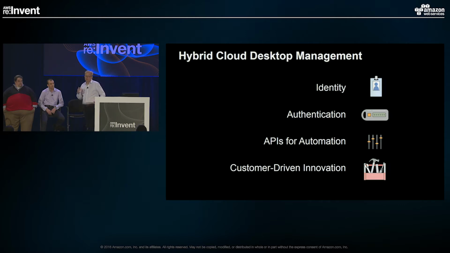In addition to that, we wanted to use your existing mechanisms for authentication. So if you're using Radius for multi-factor authentication to add an extra layer of security for access, we support that as part of Amazon Workspaces. So you can integrate existing MFA solution just directly into the Amazon Workspaces environment.